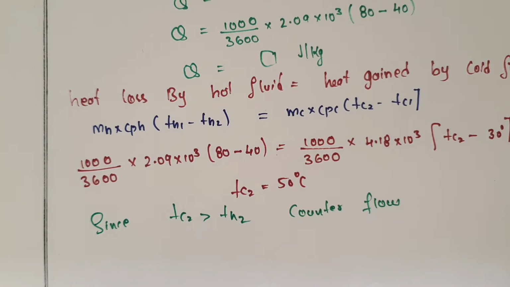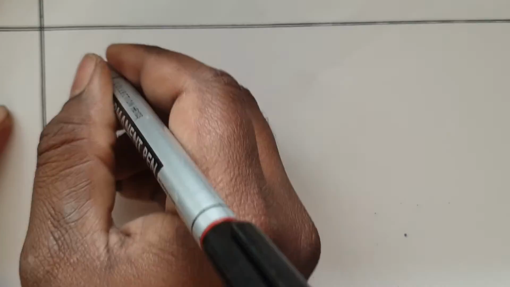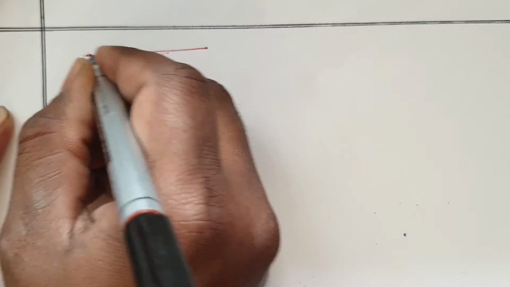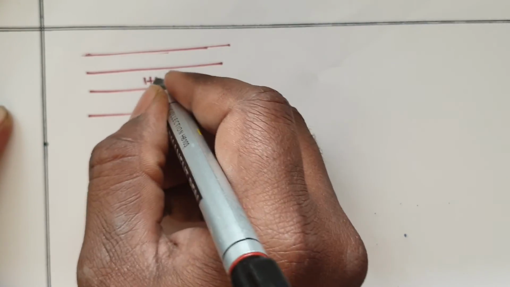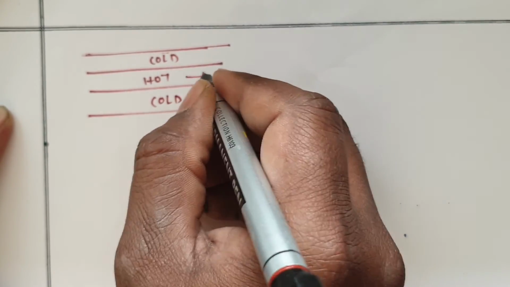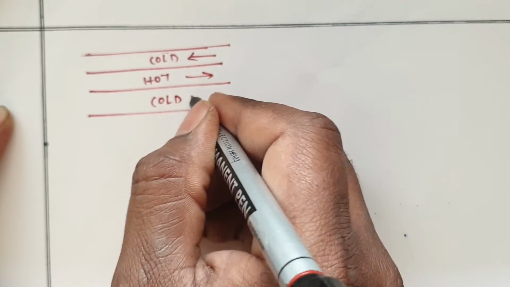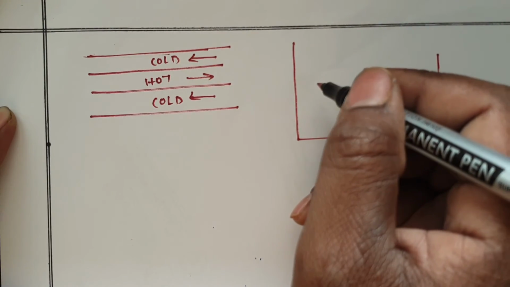After knowing that the given one is the counter flow, go for the diagram and you can find out the LMTD. As you identified that it is counter flow, you have to draw the diagram. So, this is the upper, middle, lower, bottom. Here the hot fluid is there and here the cold fluid is there. This one is going from left to right and this one is going from right to left. This is the diagram.